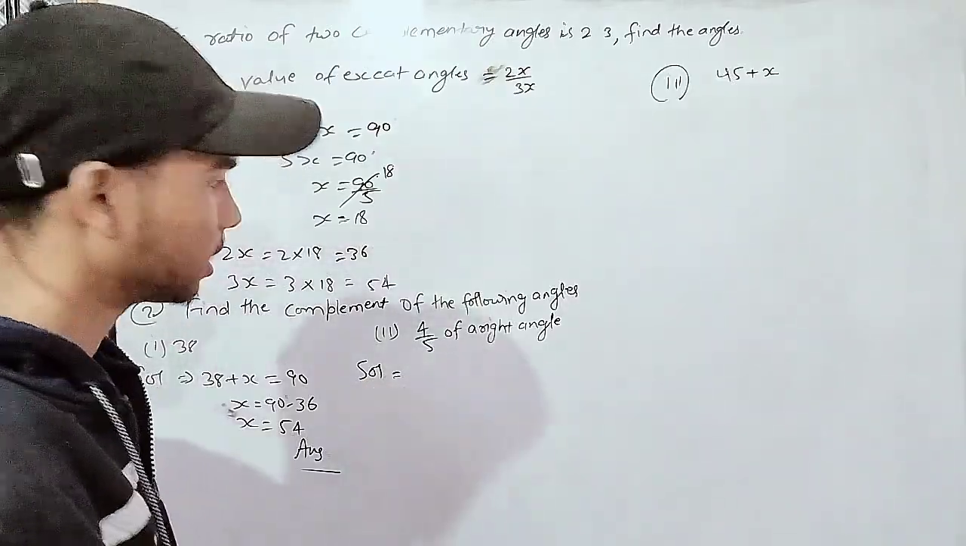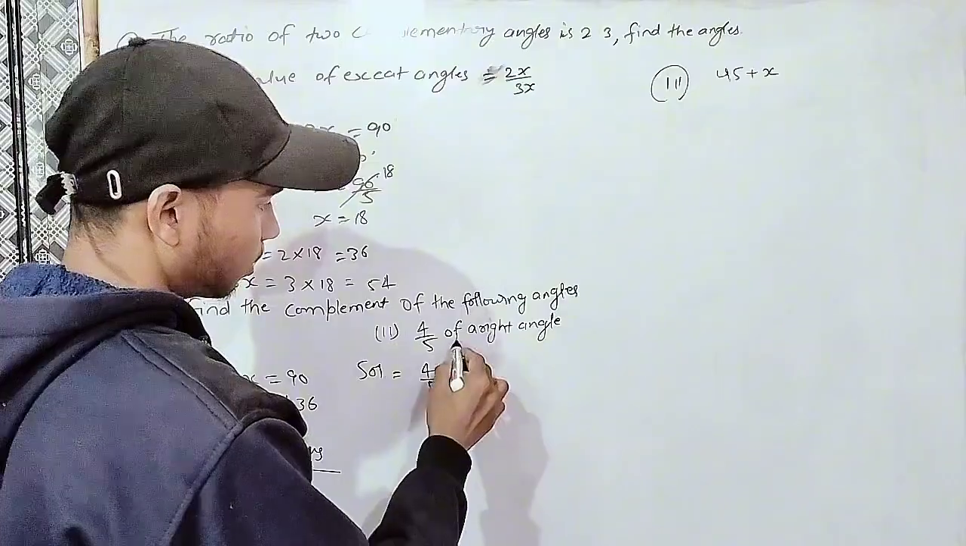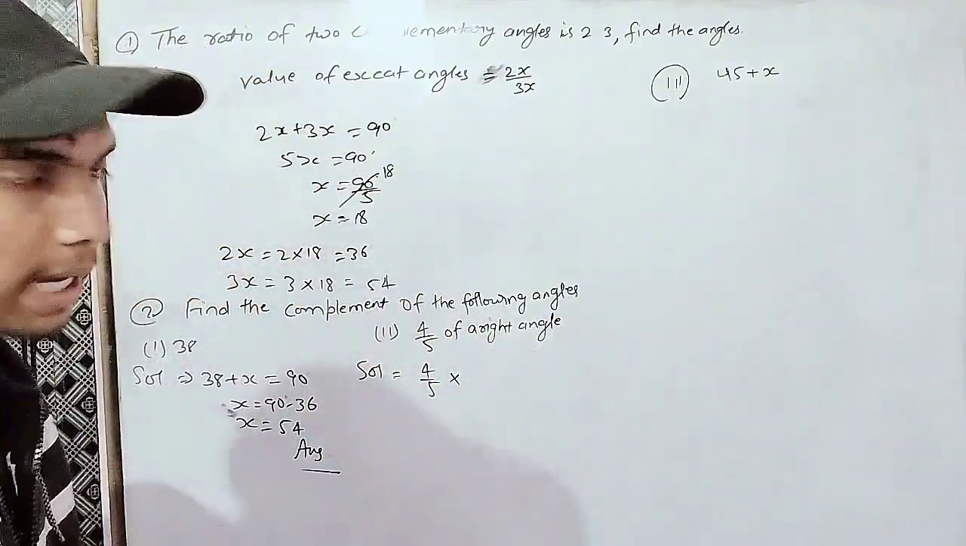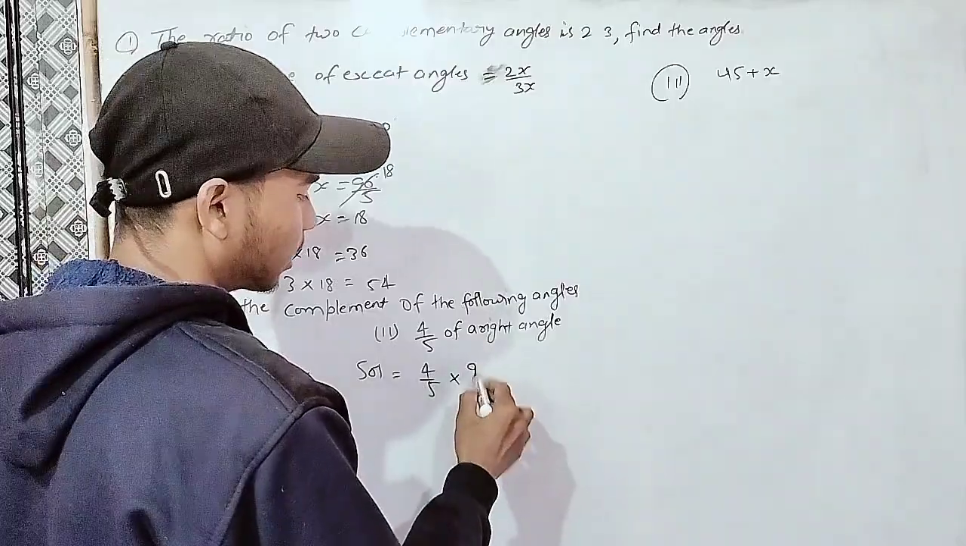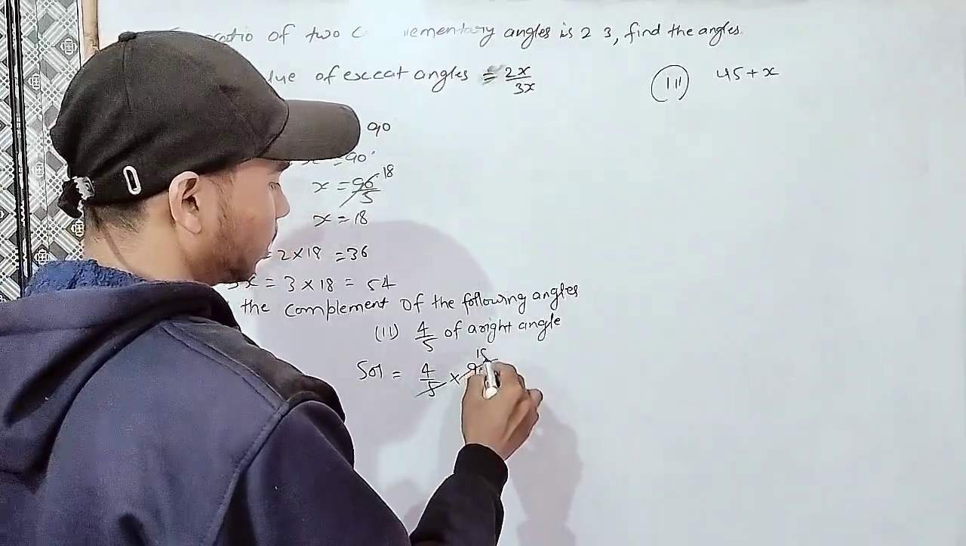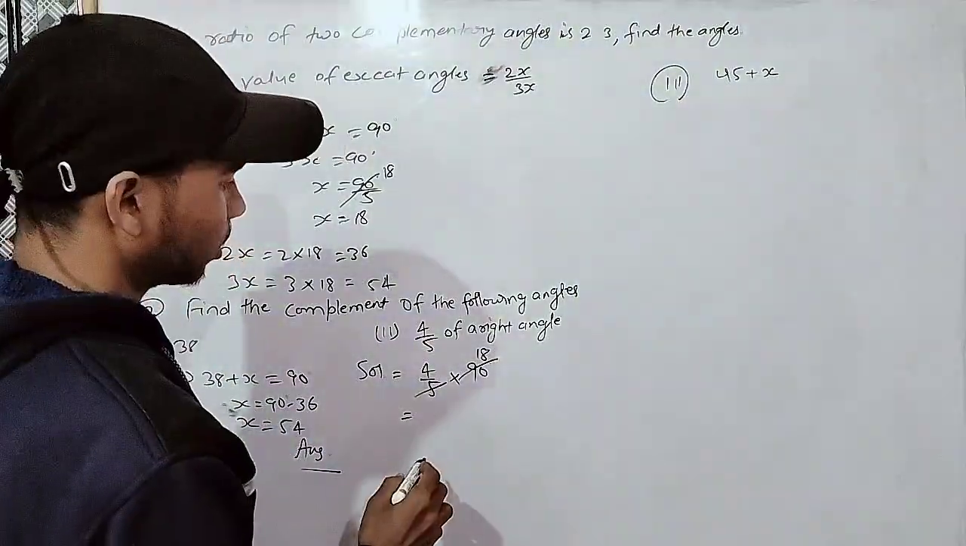This is a little complicated. 4 by 5, yeah, 4 by 5, and it means multiply. It is saying right angle. The value of a right angle is how much? 90 degree. Get it? Am I right? Now you have